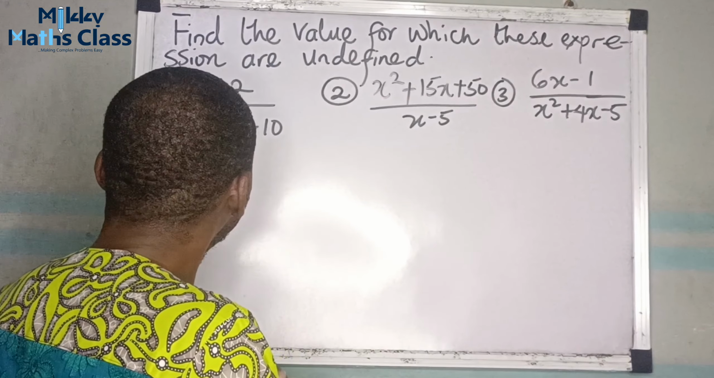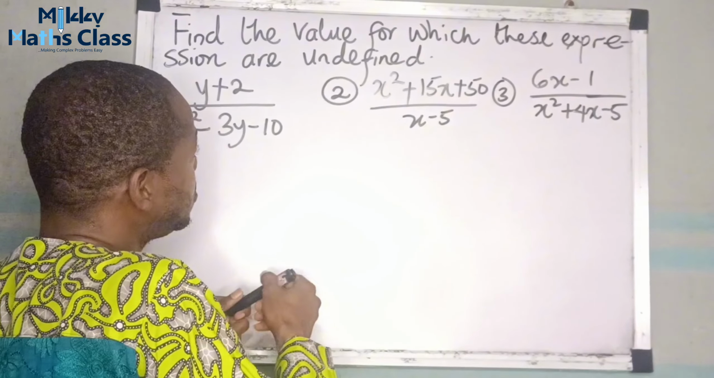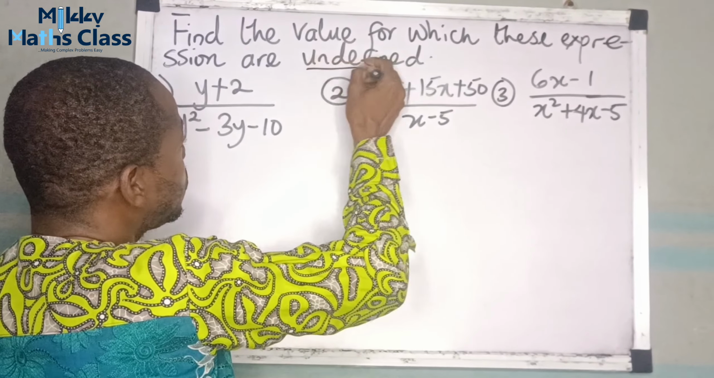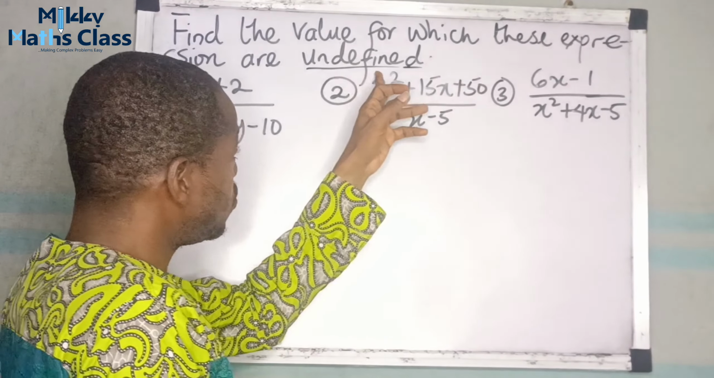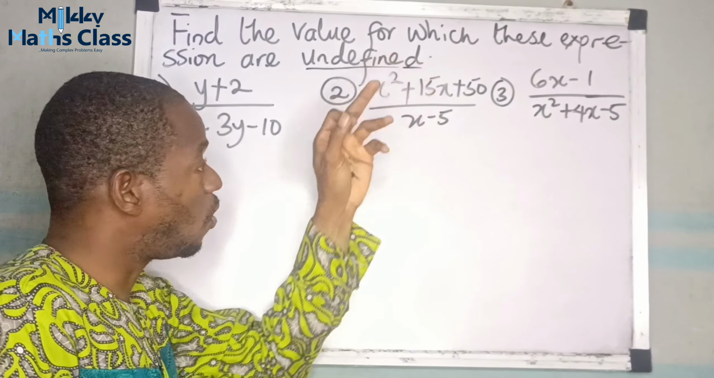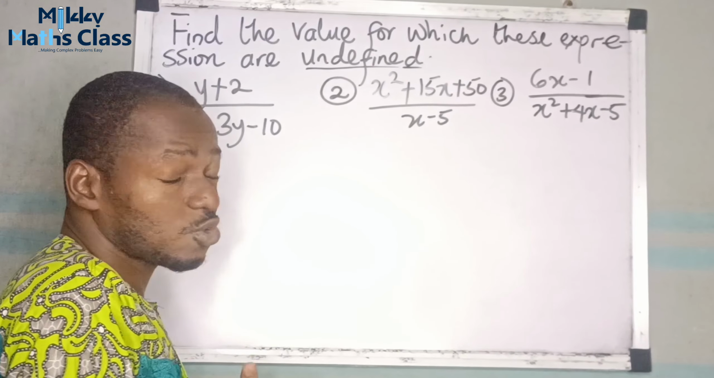Come along, we have a series of questions we need to attend to. Look at the first one. It says, find the values for which these expressions are undefined. For something to be undefined, what does it mean? That means the value cannot be determined, or it's impossible to determine the value, or the expression does not have